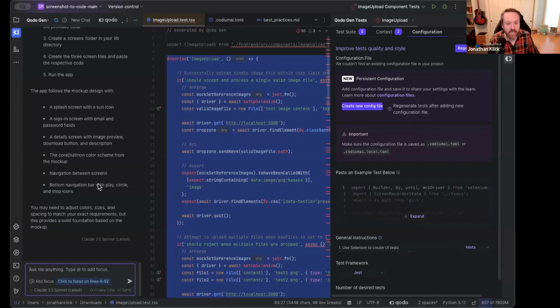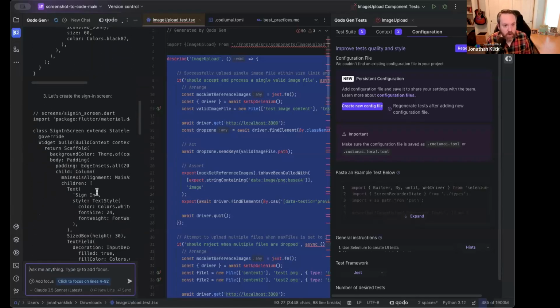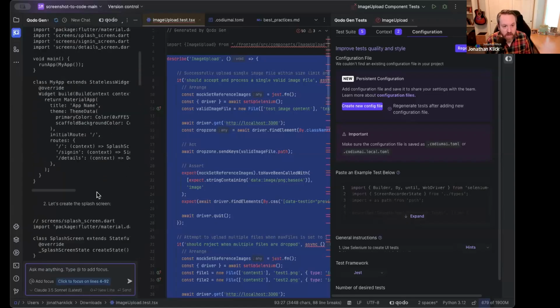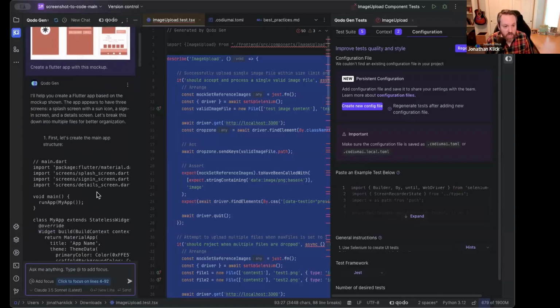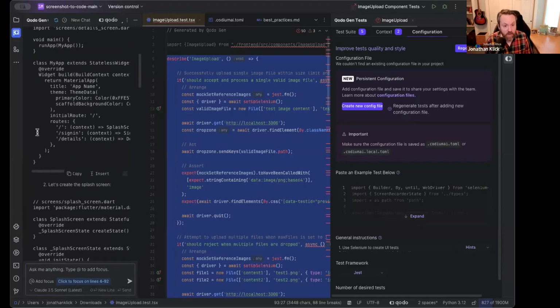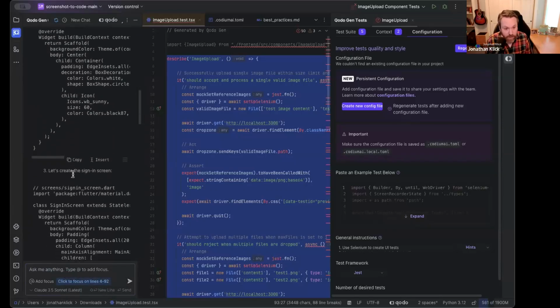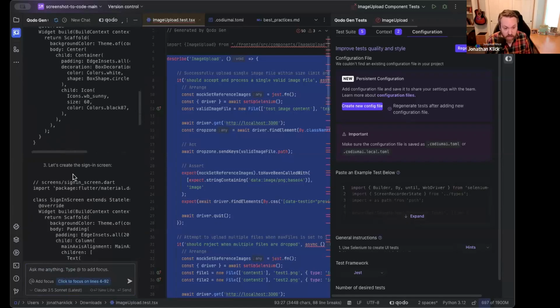Some of the things I'm trying to build could span multiple functions and multiple files. In this situation, it's starting with creating the main app structure, and we've got a Dart file here, and then another Dart file. This is not something autocomplete would do for us. This is a more complex task, which could include other things, like the example where I wanted it to refactor this and break it into smaller components.